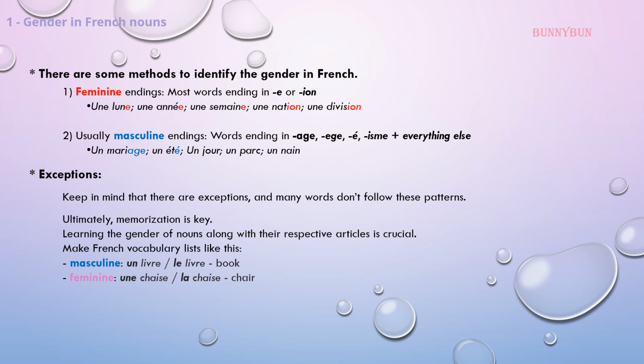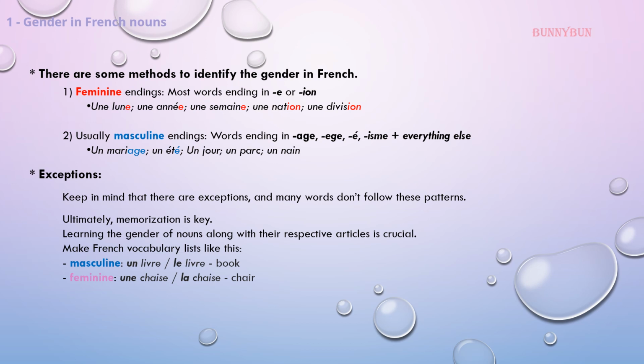There are some methods to identify the gender in French. Often, but not always, the ending of a noun can provide a clue to its gender. For instance, feminine nouns mostly end with e or ion. Masculine nouns mostly end with